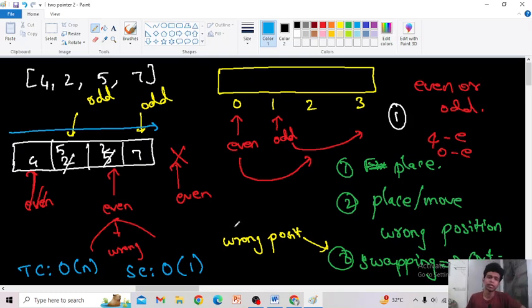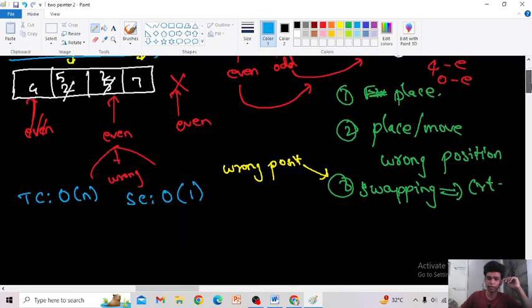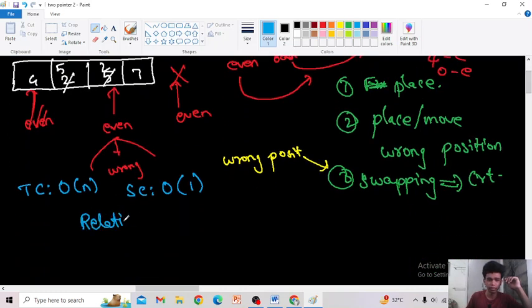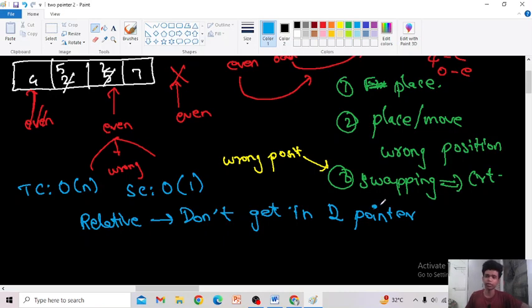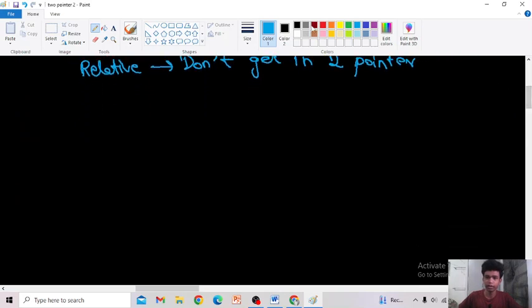But still, does this approach give us the relative order? No, right? Because as we know, in two pointers we don't get any relative order. Just write here, relative order. We don't get relative order in the two pointer approach. Always note that point. But still, if the question is to sort in relative order,